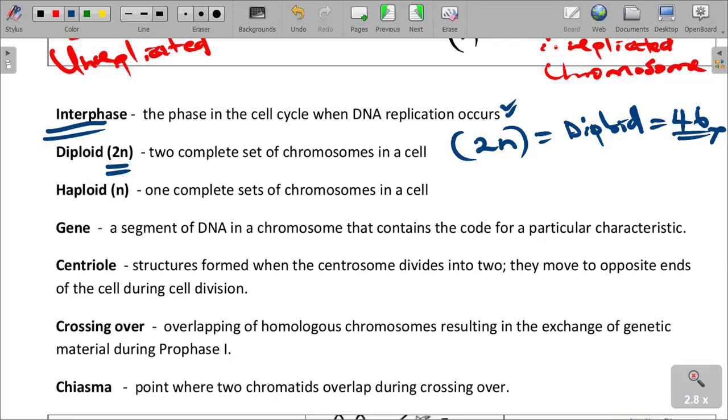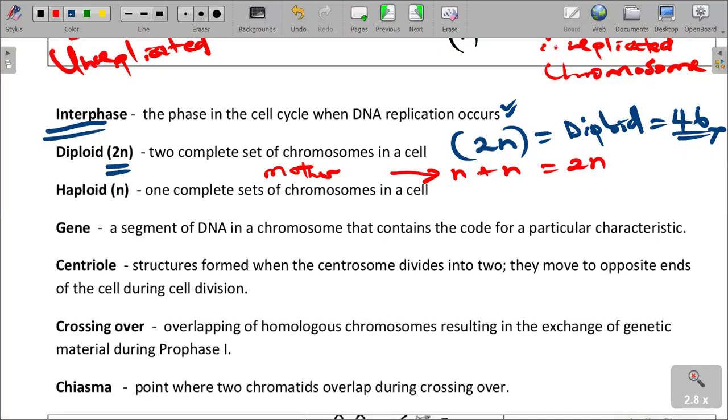So diploid is 2n, which means two complete sets of chromosomes. Where is the two complete sets of chromosomes coming from? It is coming from n of the father. We said n plus n is equal to 2n. The other n is coming from the mother side,